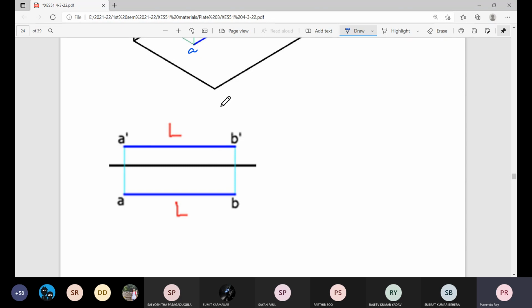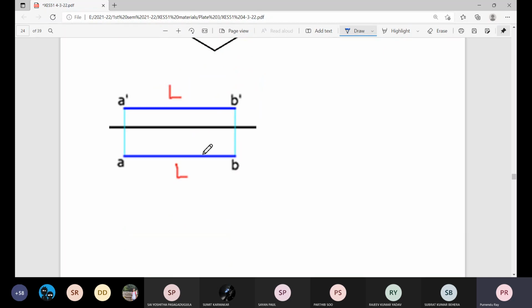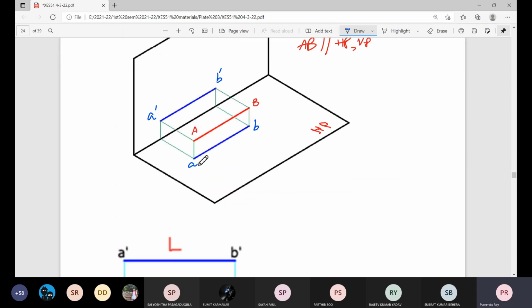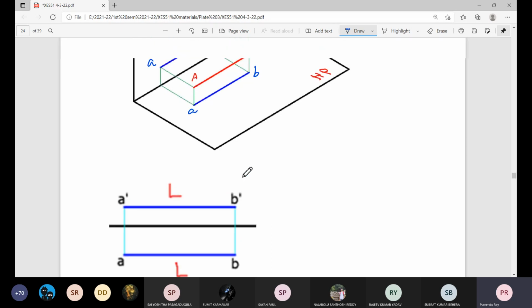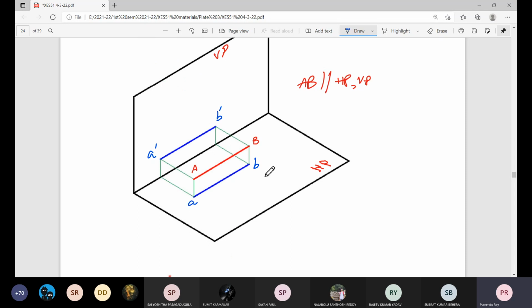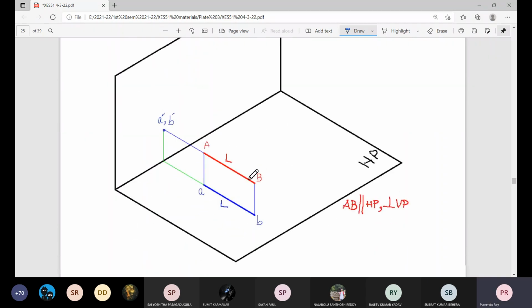This distance is the height of the line from this HP, and this distance, that is how much it is below the ground line, this is the distance from the vertical plane. Okay, so as you know, the length of elevation, length of plan, both of them are the real length of the line or the true length of the line, because if the line is parallel to any plane of projection, the projection on that plane will be its true length. Okay. Next, we consider a line